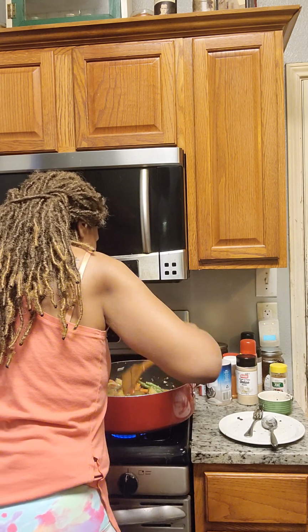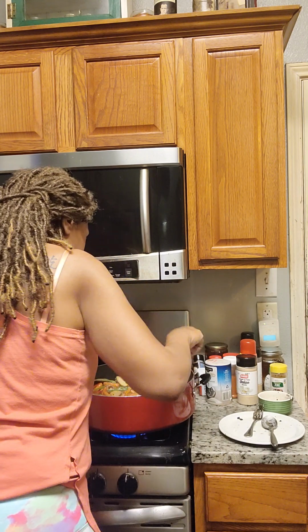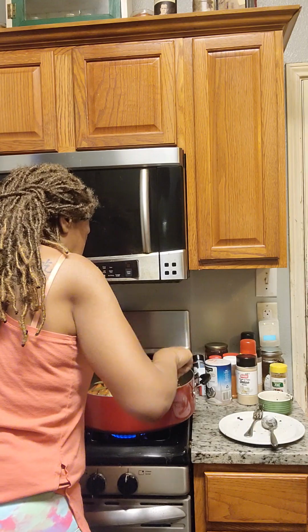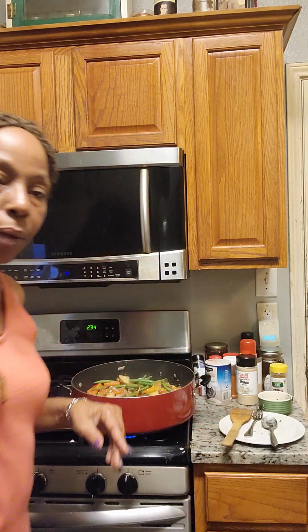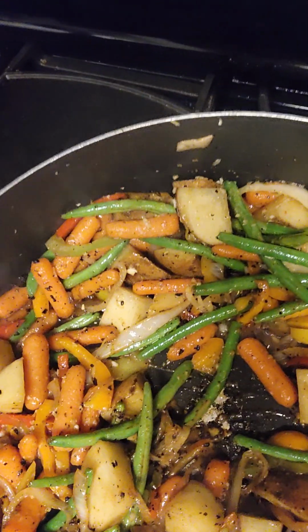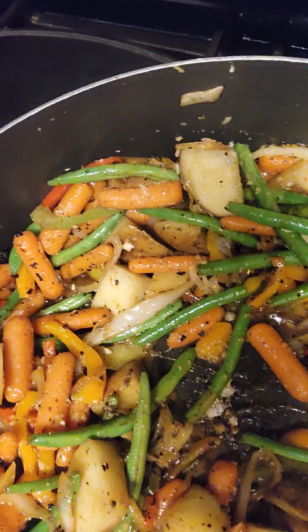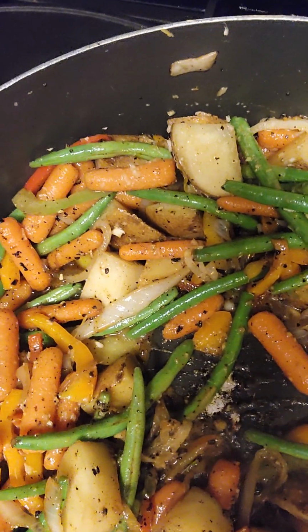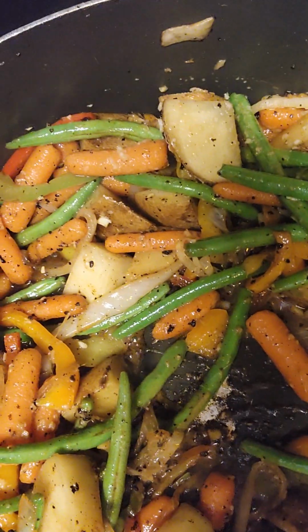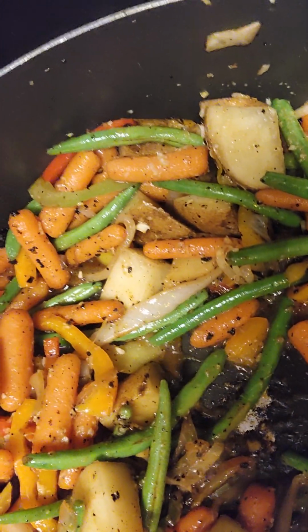Okay? Just like that, okay? Now, so I'm going to let you see it. See there? That's the potatoes, green beans, carrots. Okay? We did garlic paste, cilantro paste, and we did a ginger and garlic. It's another like paste, okay? Now,